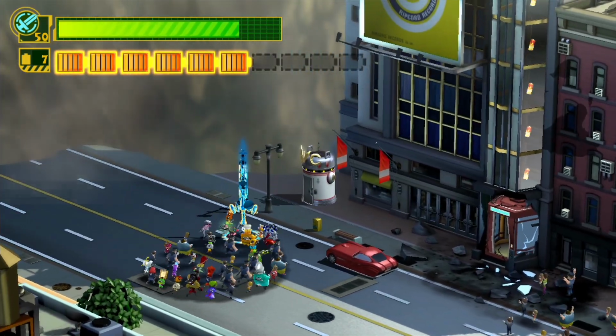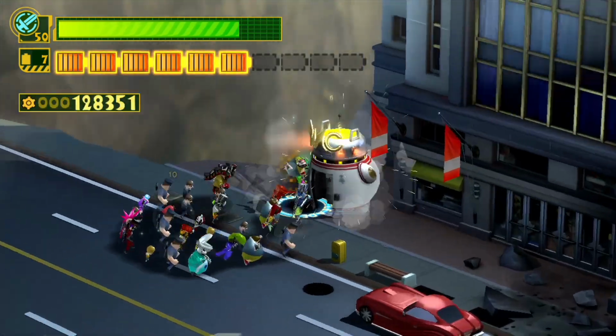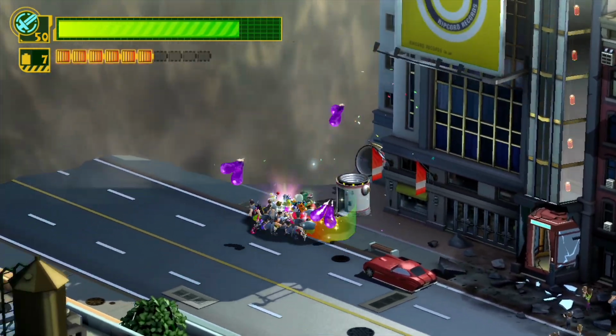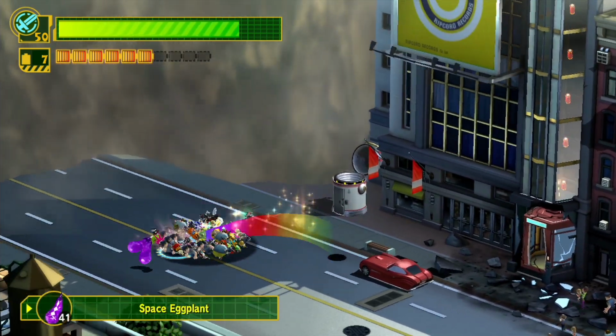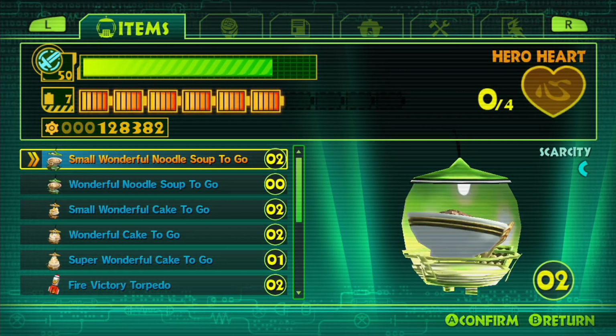Every now and then you will find these bathroom-looking things. These aren't actually bathrooms. These are just stuff that you can send your dudes in there. And if you send enough dudes in there, you will usually get stuff out of it. Like we've gotten these space eggplants. These space eggplants are actually an ingredient that you can use to...